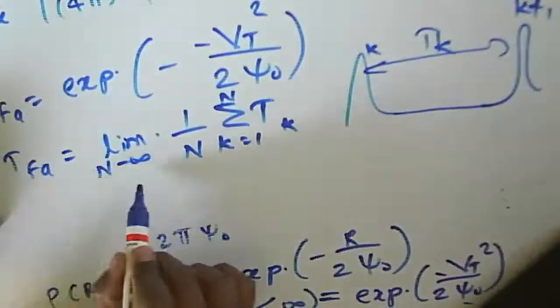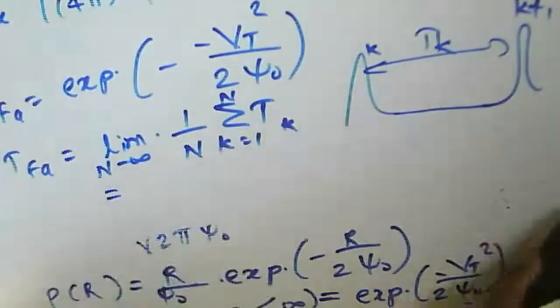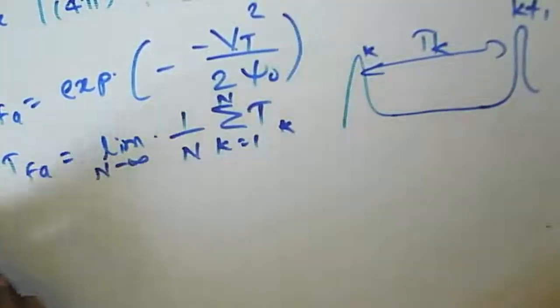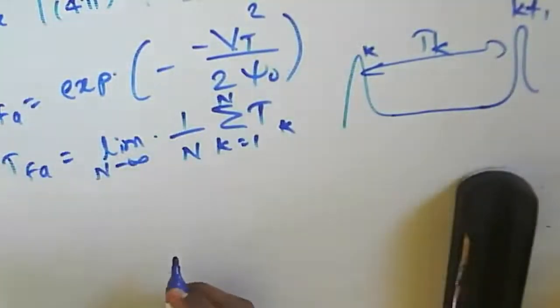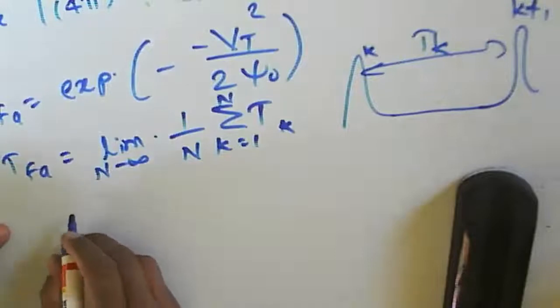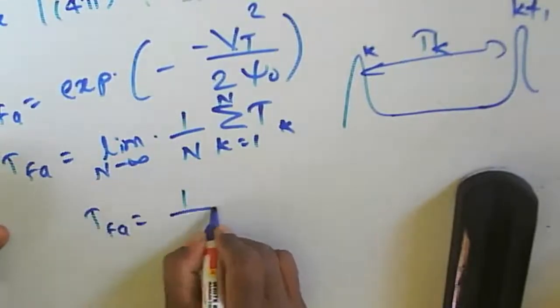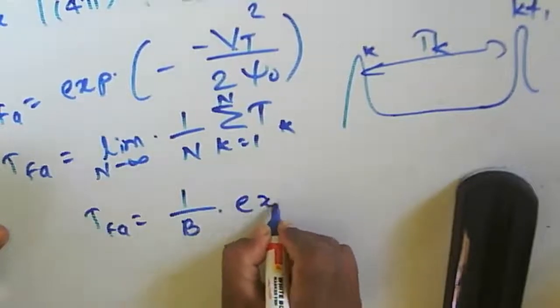So from this TFA, we can write an equation for the false alarm time with respect to the bandwidth. So T of FA is equal to 1 by B, exponential of